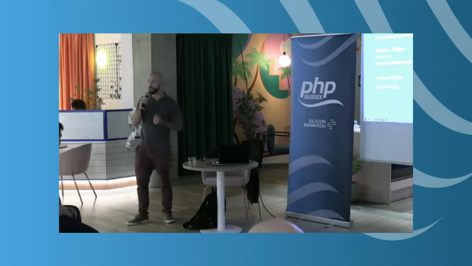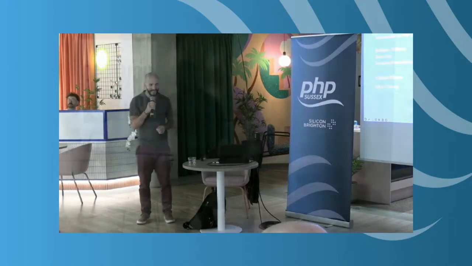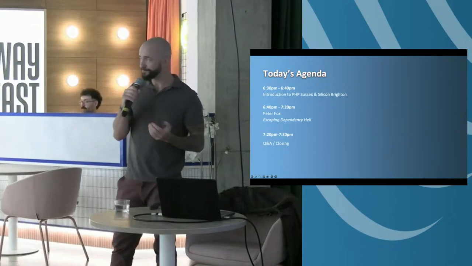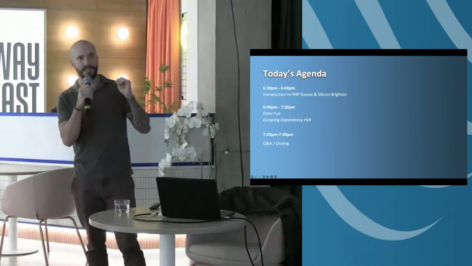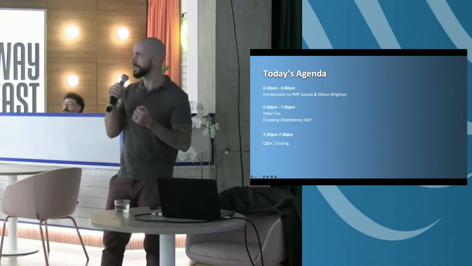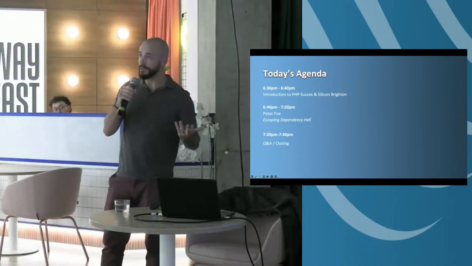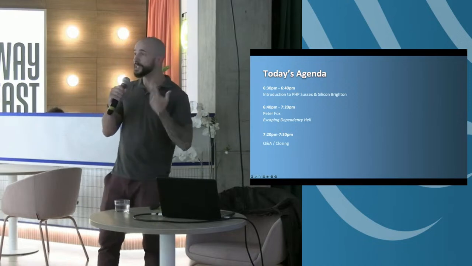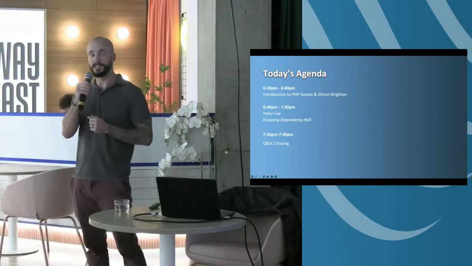His name is Peter Fox, and he's a senior software engineer at Amicus. It's actually the second time that Peter speaks at PHP Sussex, because he came to Brighton last year, in March, I believe, to give a talk about feature flags. And tonight, Peter is going to show us a way out of Dependency Hell. So using tools like Composer, PHPStan, and Rector to essentially make sure that we always have up-to-date dependencies in our projects, which is sometimes trickier than it sounds.